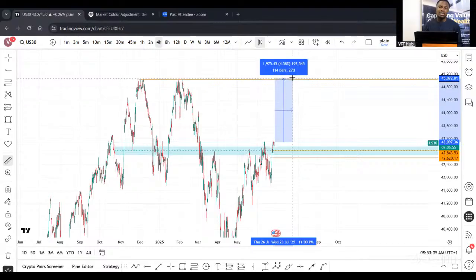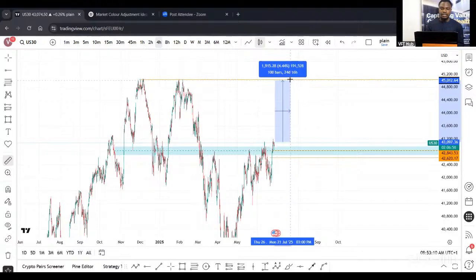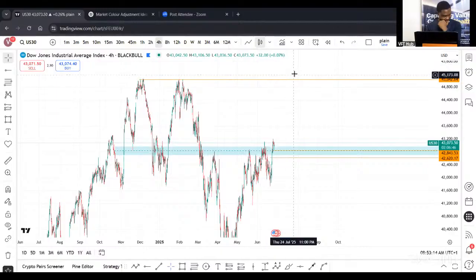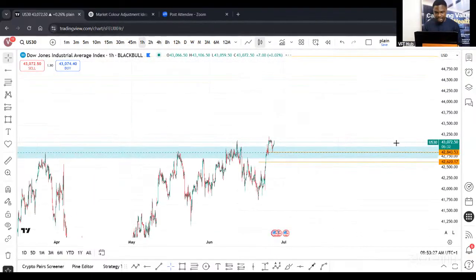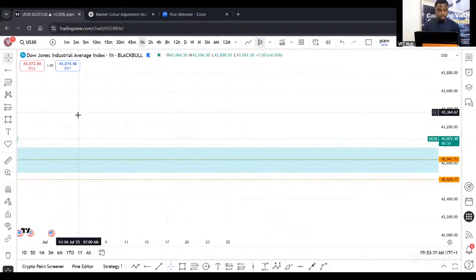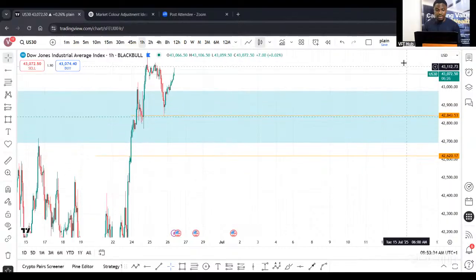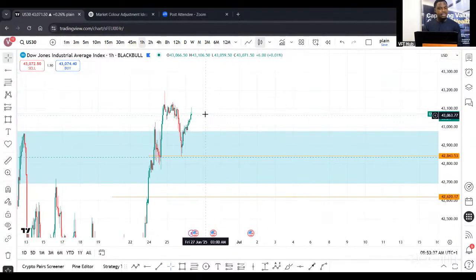Now, 1,945, right? That's close to 2,000 pips that can be gotten from US30, but the setup is not aligning. That's the problem. Even though we are seeing very good price action, the setups are not aligning, except we want to use another strategy to enter this market. That's a different conversation altogether: using Fibonacci retracement to enter the market.